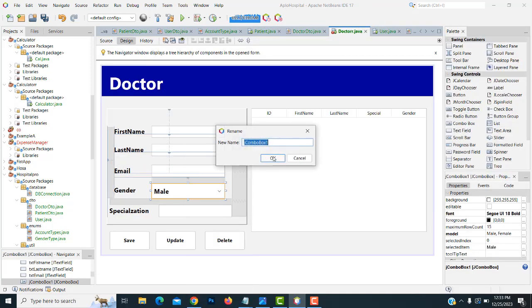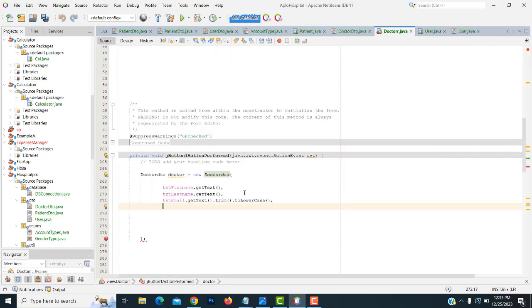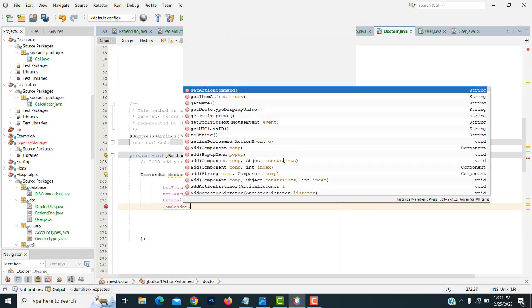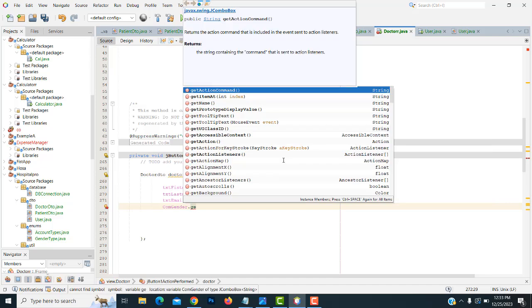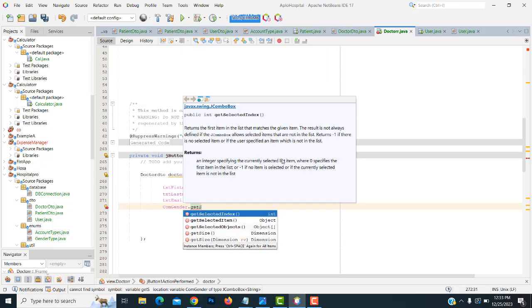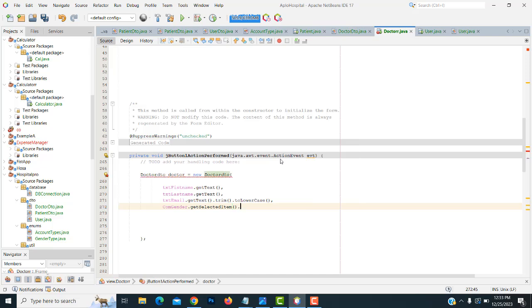So this one should be the gender combo box. Copy this name dot getSelectedItem dot toString,